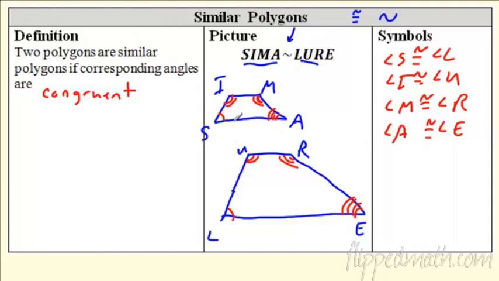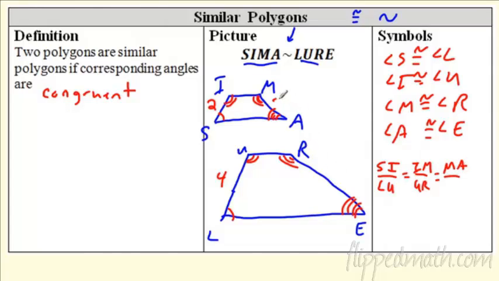Also, sometimes if we give some dimension to this, if this is 2 inches long, maybe this is 4 inches. So what happens here? Well, we're going to say this one is twice as big. So we're actually going to look at ratios now. If we match up the sides, the distance of SI is going to be proportional to, it's going to be the ratio to LU. And that proportion's got to be the same as what? It's got to be the same as the distance from IM over UR, which has got to be the same as the distance from MA